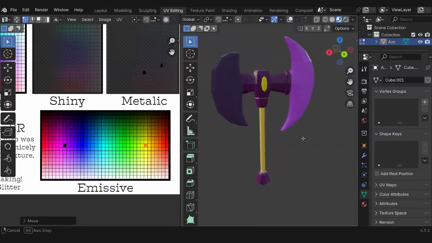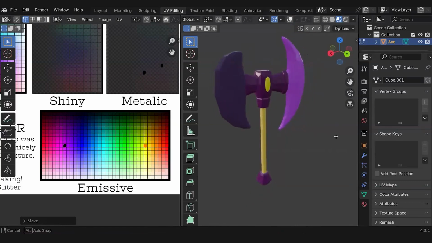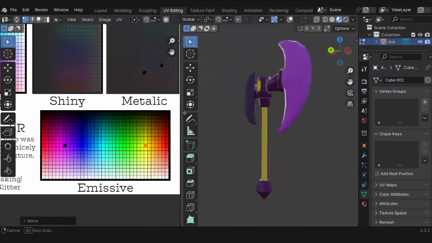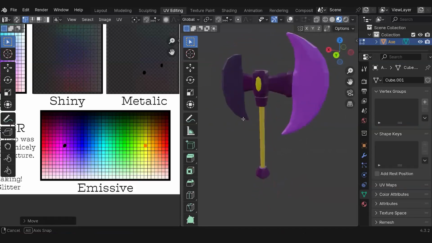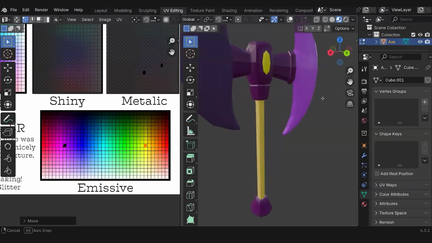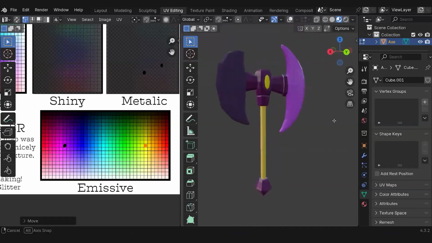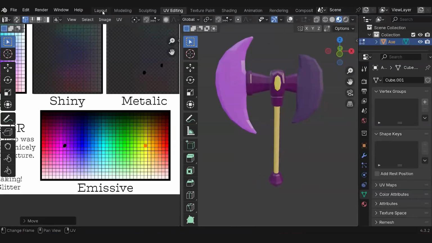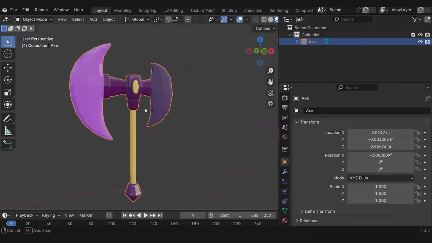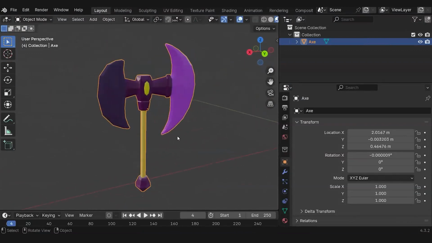So yeah, I say give it a try, explore Blender, make mistakes, because that's the best way to learn in this program. Just mess around, mess it up a little bit, dissect it. Okay, so let's bring this new battle axe into